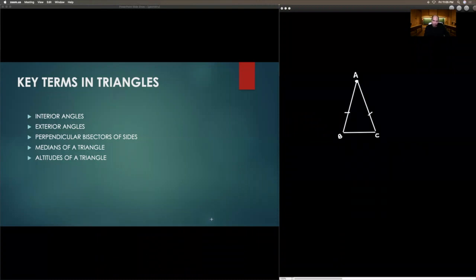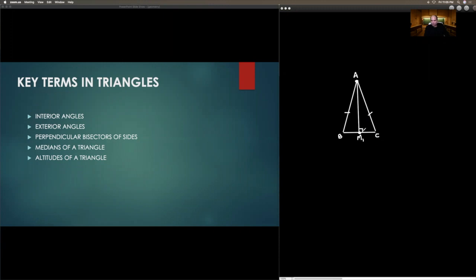If you were to draw the altitude from A to the side BC, or the median from the point M1 to the vertex A, or from M1 you try to draw the perpendicular bisector